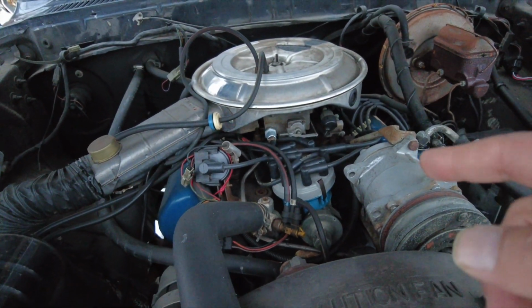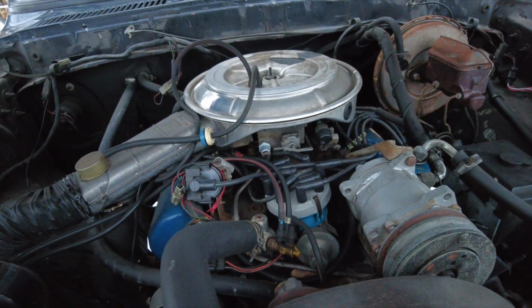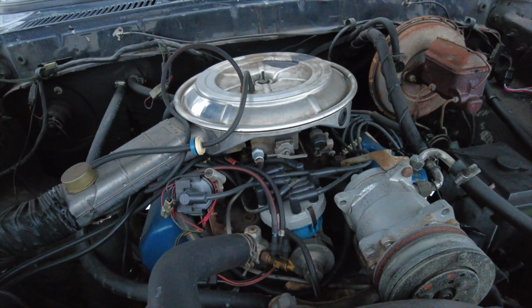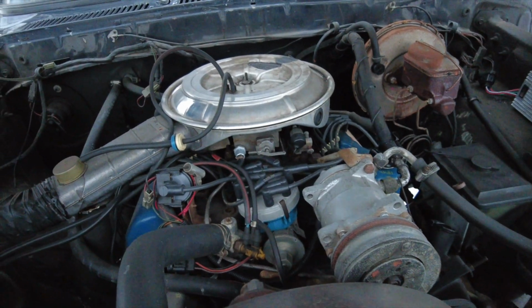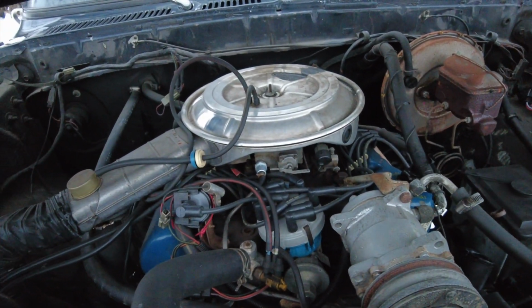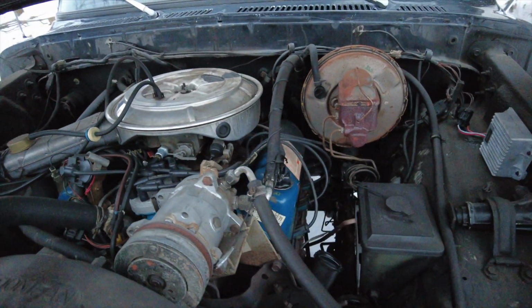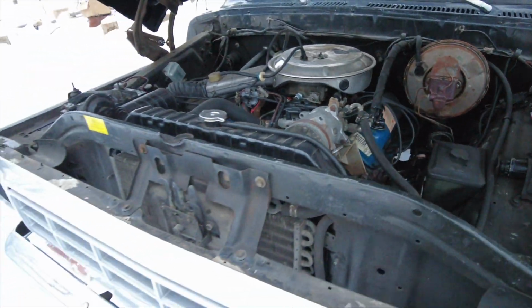But the accelerator pump, I went to change that this year, and then I dropped the new one and lost the pin, so I have to change that. I know that the accelerator pump needs to be replaced in this. It's not too bad, but I can tell, and maybe the power valve. So I bought a kit from Mike's Carburetor Parts. Really cool channel, knows a lot about these Motorcraft carburetors. I think it's a 2150. So I'm going to mess around with that this year. And I hope if you guys stick around for these projects, there's going to be little things we'll do here. The last thing I want to show you,